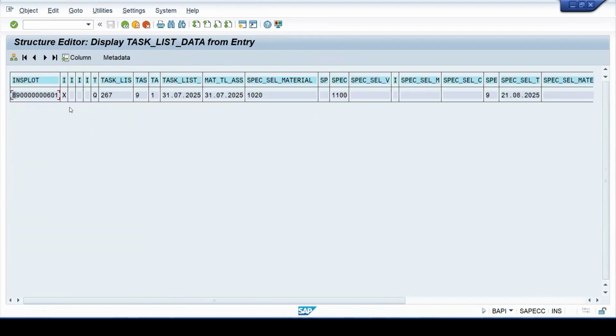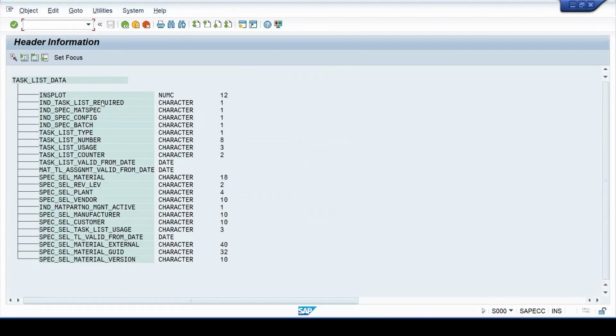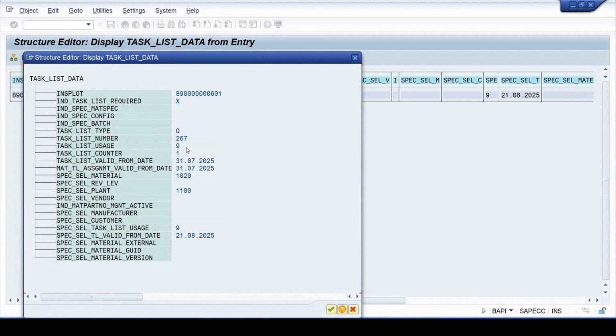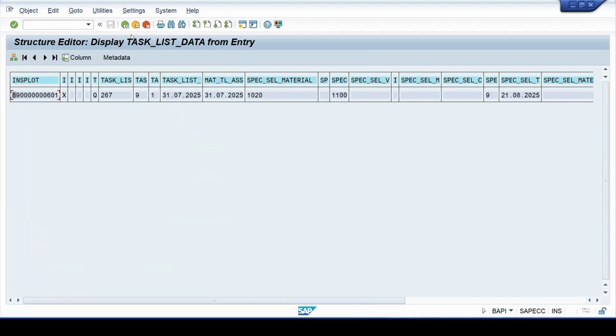If I click on this, here is the task list used for it. This metadata is data about the data. It will give you the technical details: what the task list number is, the usage maintained for it, the group counter, and the valid-from date for the inspection plan. Here you can see the task list information.